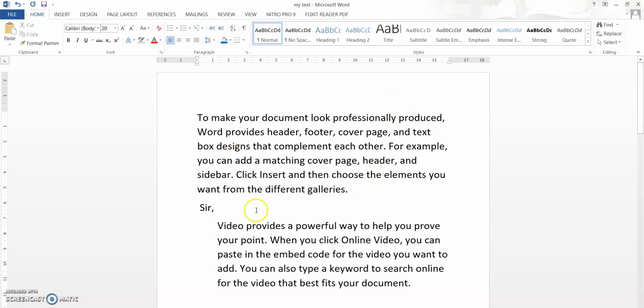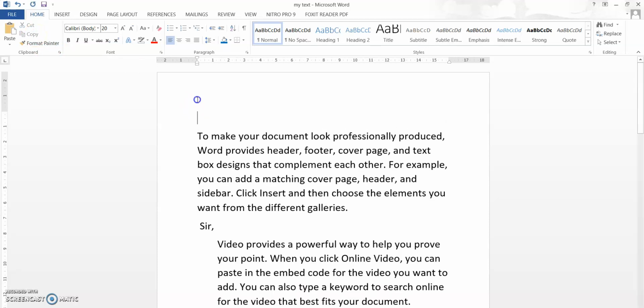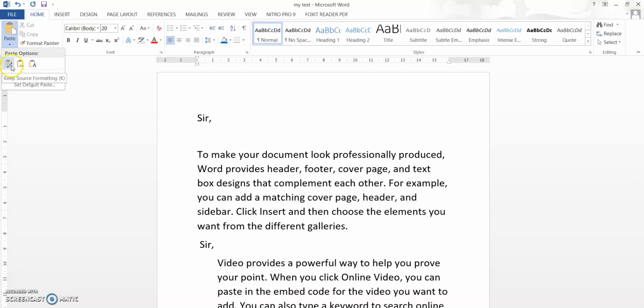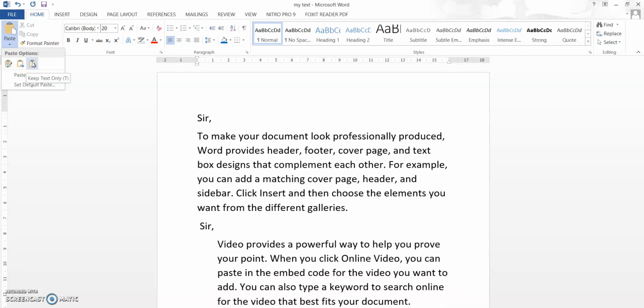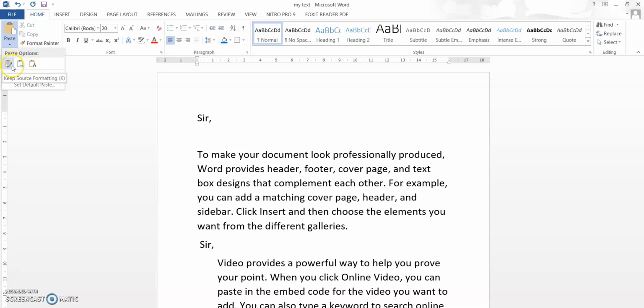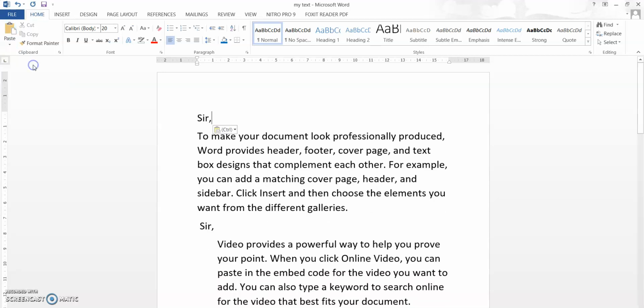Similarly, copy is like this. If I want "sir" in this place also, and I want "sir" at the start also, I press Control C, or I select copy, then I select where I want the "sir" to be placed, then I select paste. In pasting also there are a lot of options. You can see keep source formatting, merge formatting, keep text only. For this "sir" option, all three options are the same, but for different pasting the options might differ. Let me keep text only. So this is how you do copy and pasting.